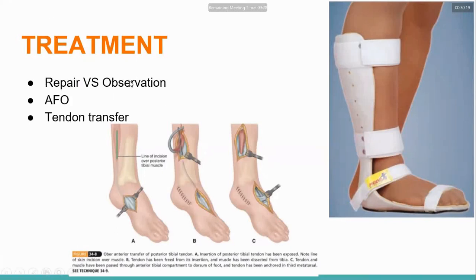When you are observing, you have to give an ankle foot orthosis, because you want to maintain the neutral position of the ankle. If you have any laceration injury or any open injury where you suspect there is division of the nerve, in those cases you have to do a repair. Repair can be primary if you do it within 6 to 8 hours. It can be delayed primary if you do it in days, or secondary if you do it in weeks.